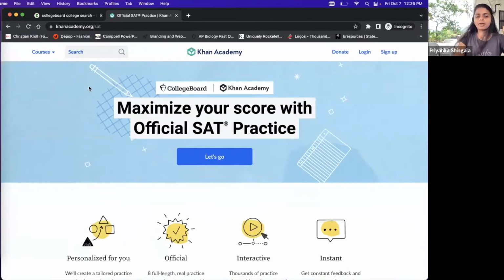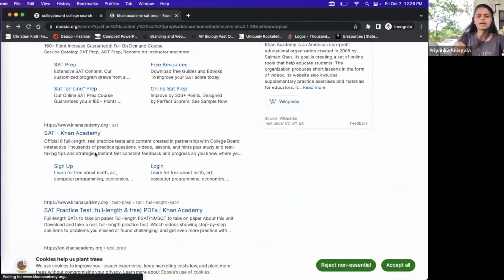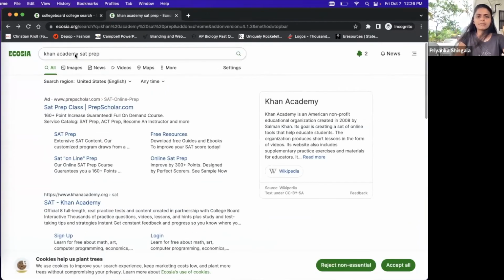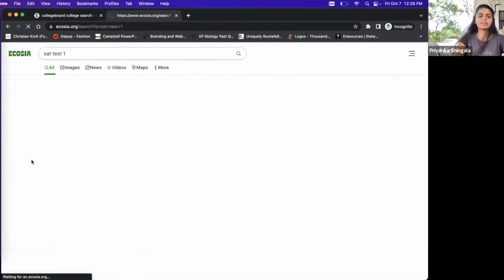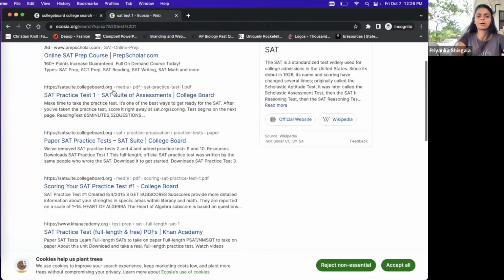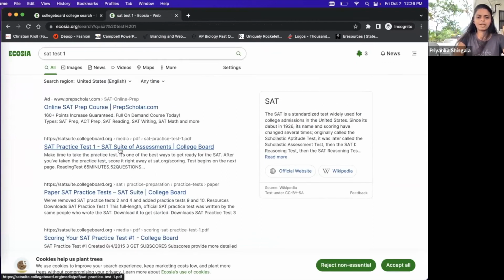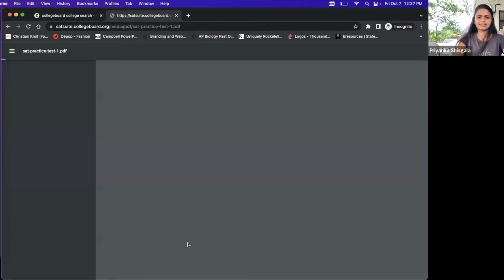With that said, Khan Academy uses the same exams I'm about to show you. But if you didn't want to do Khan Academy and just wanted to practice exams, to do your own diagnostic exam, Google SAT test 1. Just typing that into Google. There are 10 exams like this, and from College Board, everything is available in PDF form. So this is a real exam that's going to pop up. It's going to load. It's like 60 pages.